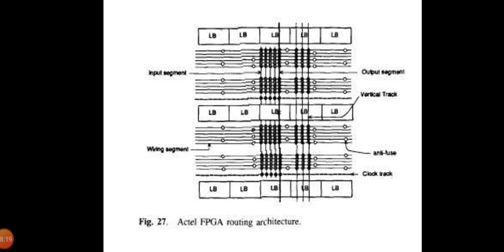Within the horizontal and vertical channels, wires run horizontally or vertically respectively within tracks. Each track holds one wire. The capacity of a fixed wiring channel is equal to the number of tracks it contains. So here you can see the detailed view of the channel and the connections to each logic module, the input stubs and the output stubs.